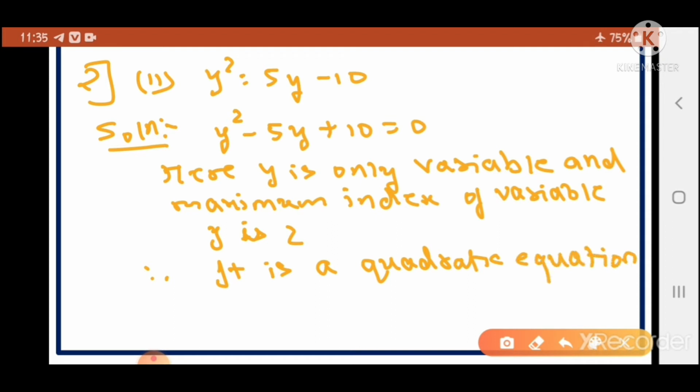Is it easy? Just identify whether it is a quadratic equation or not. If yes, then write it is a quadratic equation. If it is not, then write it is not a quadratic equation. Clear? Let us go to the third sum